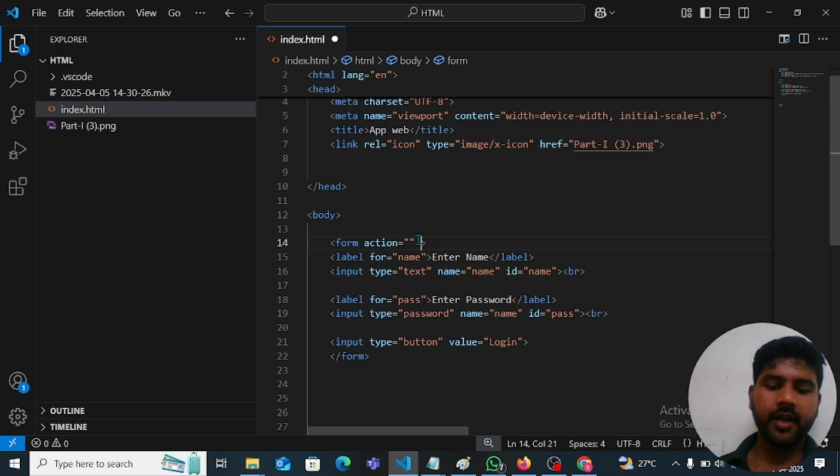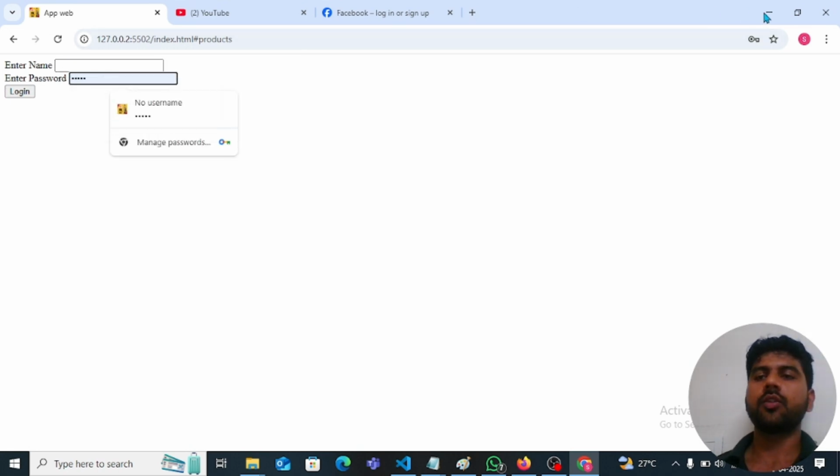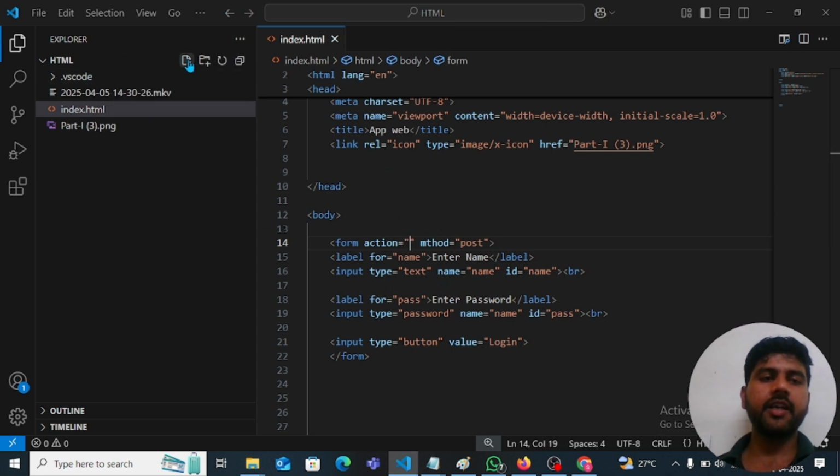Okay, and here you have to write method equal to post, if you would like to post these values, or whatever information you are sending through these boxes, so that information goes to your other page. To send those values to another page, we have to use post, and this will hide your data without leaking it through the URL. For the time being, I'm not providing any URL link or any API link. I will just create a local HTML page, and next to this same HTML document, I will create a new page called